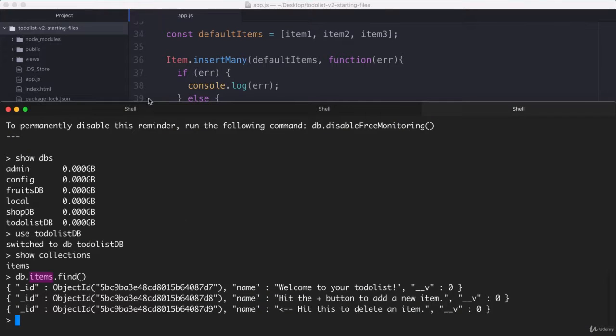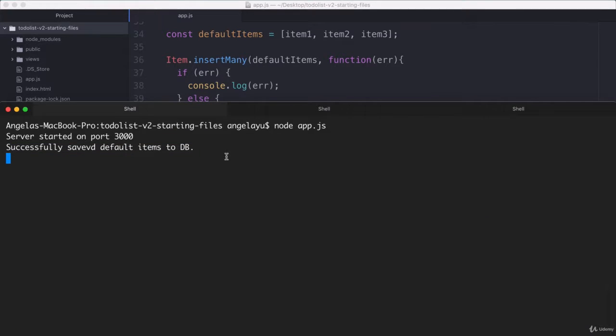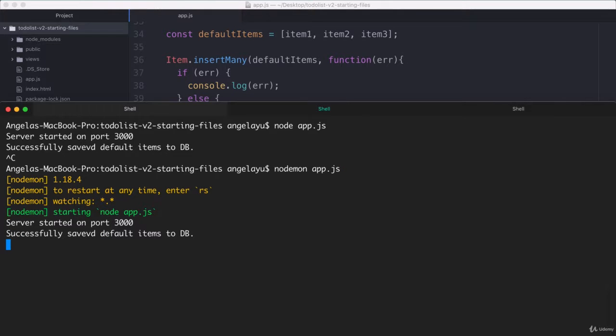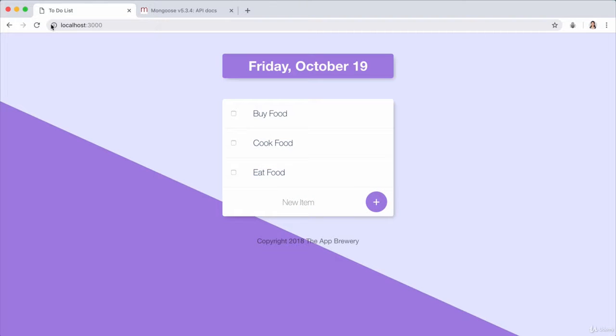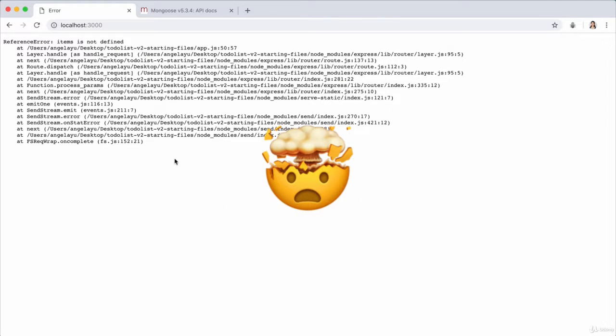Let's go back into our terminal, and I'm going to hit Control-C to end my process, and now I'm going to start it off with Nodemon. This way it will run our app every single time I make some changes in our app.js. Now our node server is up and running, and if we go over to our localhost 3000 and hit refresh,